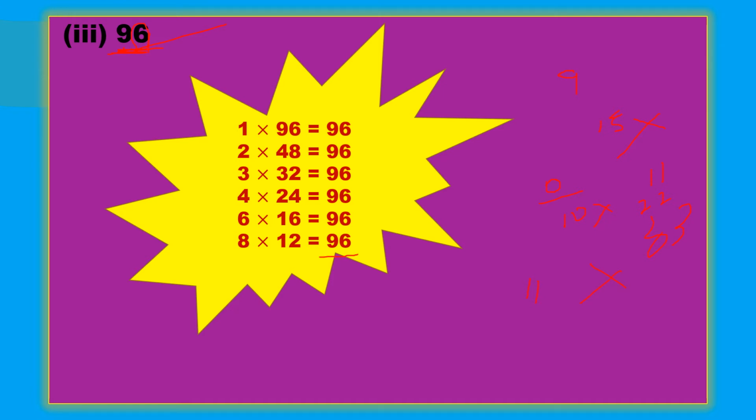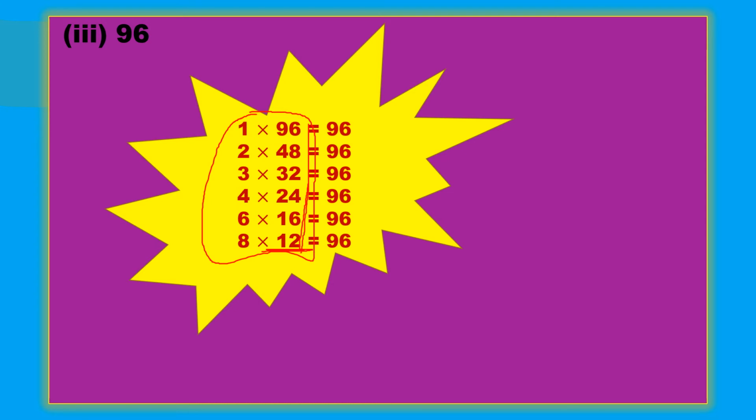Now next after 11 it is 12. Anyhow we wrote 12 here. So these are the factors. There are no more factors except these. Anyhow after 11 we have 12, and 12 we wrote already here. So these will be your factors. There is no need to check the next numbers, because whatever next numbers are there, they are already indicated here. There will be no other factors other than this.